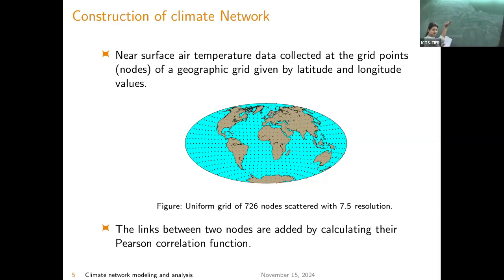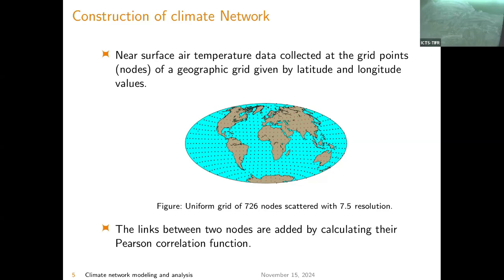In order to get a uniform grid, the latitude goes from minus 90 to 90. So we get the total number of nodes N as the summation of NM, the number on each latitude, from M equals minus 90/R0 to 90/R0, minus N0, which is the number of nodes on the equator, because it gets counted twice, so you have to subtract one time. So this is how you construct it using Gephi or using Python or various plotting packages. You can give the resolution for your system depending on which phenomenon you are considering.